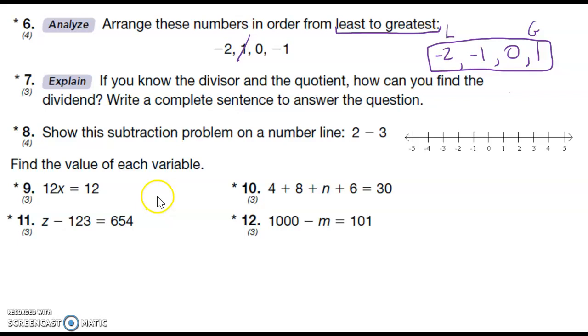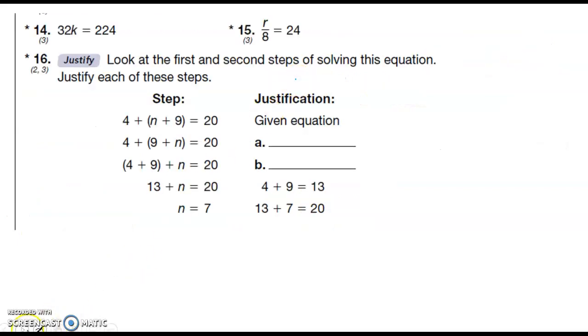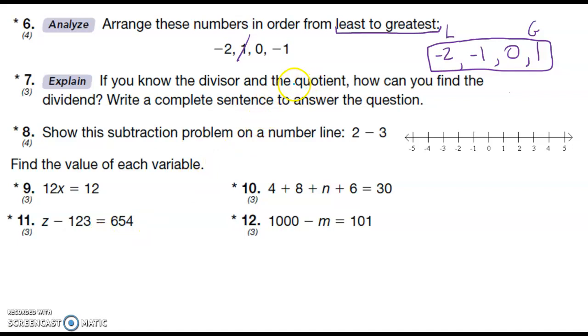Okay, so let's do number 7. If you know the divisor and the quotient, so this is the answer to a division problem, how can you find the dividend? Complete the sentence. So let's see, dividend over divisor is equal to quotient. So it says if I know the divisor and the quotient, what is the dividend? So if it's like S is equal to,